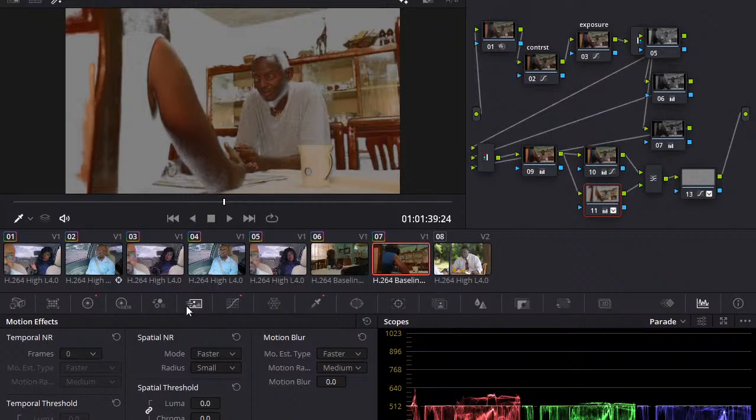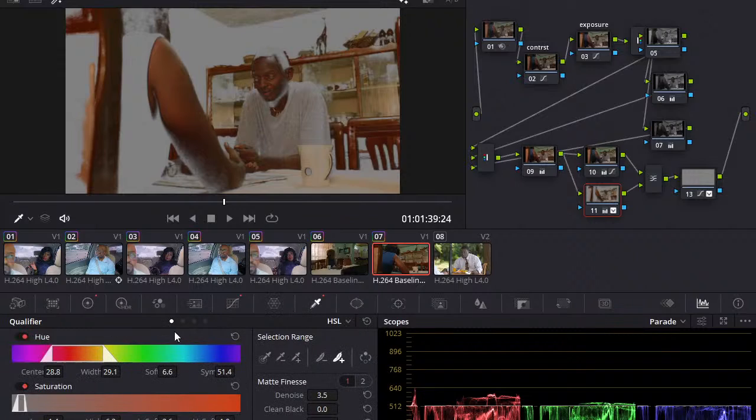You can try and finesse. Maybe, where is that qualifier? You can try and finesse. Of course, this is going into the green zones, which is not so good. So you can try and finesse it like that, just making sure that you isolate the skin even more. Getting rid of the softness a little bit.